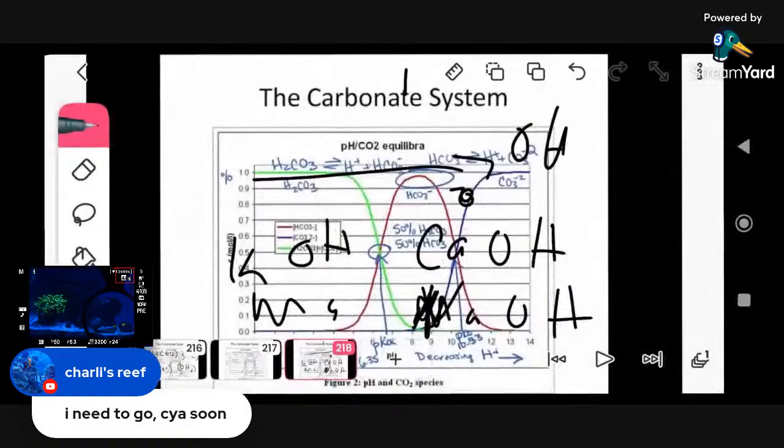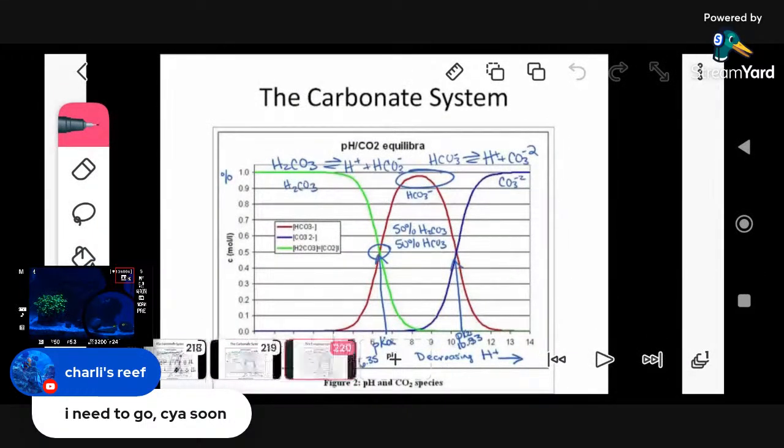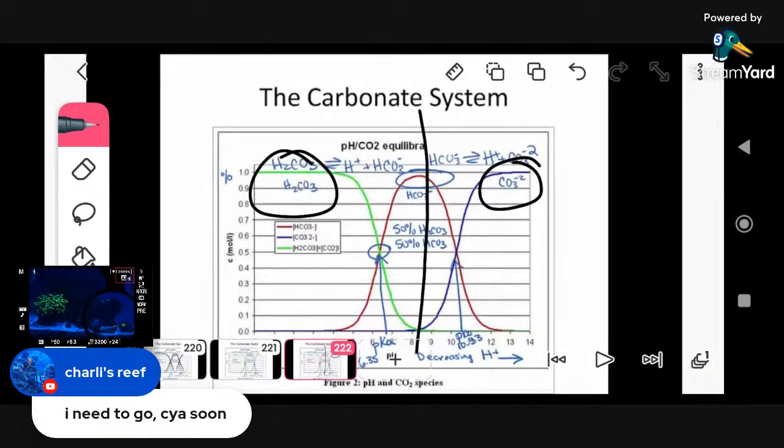But that's pretty much the relationship, guys. So remember, the green is carbonic acid. The red, imagine it as baking soda, and the blue, imagine it as actual coral skeleton right there. And the sweet spot, remember, at normal pH, the highest concentration of your alkalinity chemical is going to be baking soda, followed by soda ash. And then to the left, where you don't want to be, is your carbonic acid, what's coming out of your calcium reactor. Okay, guys?